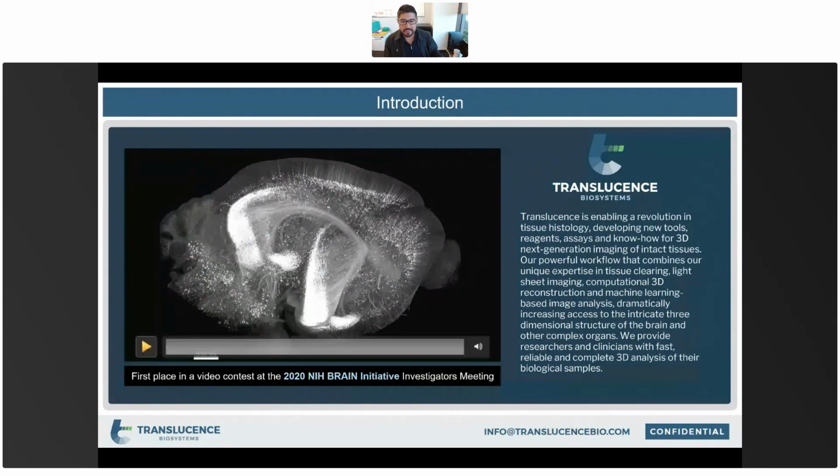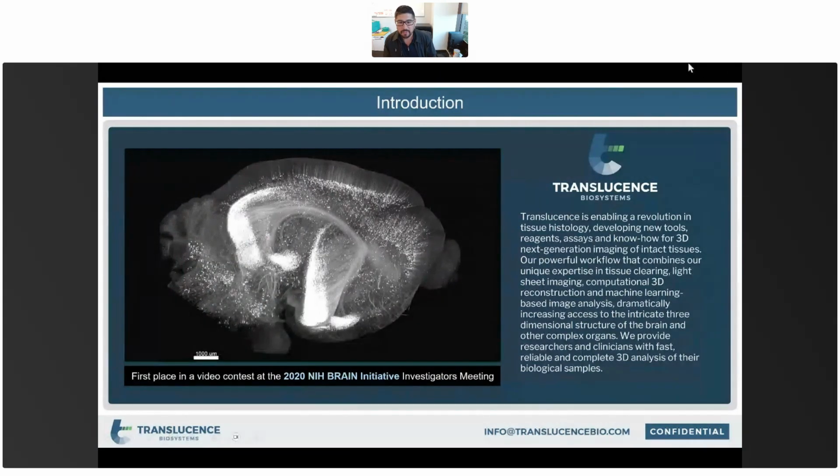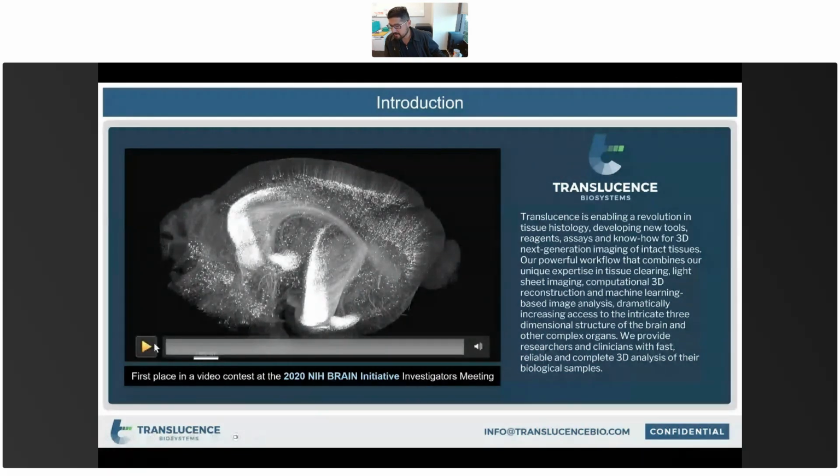So Translucence Biosystems is built around one core idea, and that's making 3D histology of the brain accessible and quantifiable at scale. We combine tissue clearing, light sheet imaging, and computational reconstruction and machine learning-based imaging analysis into a single end-to-end platform. We were actually recognized at the 2020 NIH Brain Initiative Investigators Meeting and won first place in their video contest. And I just want to quickly play you a quick video of what this 3D histology can look